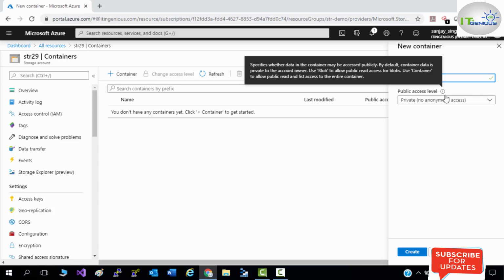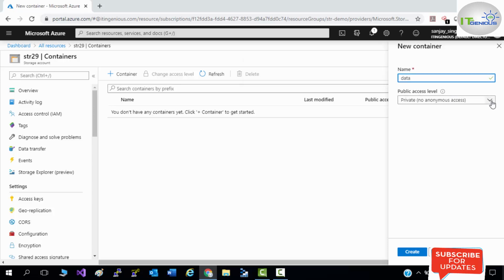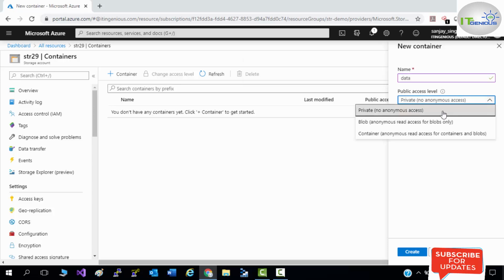Now, public access level. You can see there are three types of access level. One is private, that means no one can access, no anonymous access. Blob means whatever blob you store in your container, you would be able to access that blob with read only access.